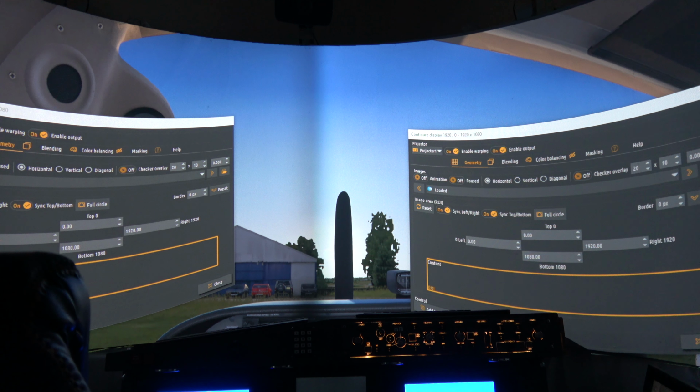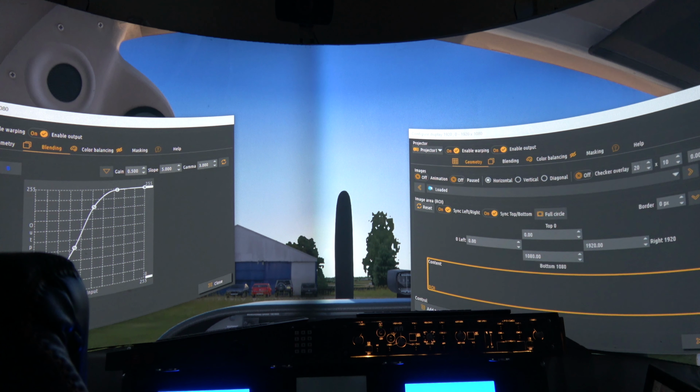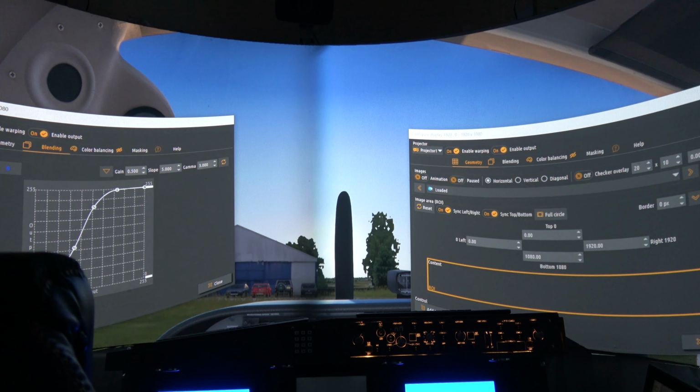Basically it's a combination of that and moving the physical strips around. So if we look at the blending properties for the left there, you can see I've adjusted the curve quite a bit. And that was the setting that I found worked the best for me when I initially set this up. Now I have moved the shutter since then, so maybe it needs a little bit of tweaking,